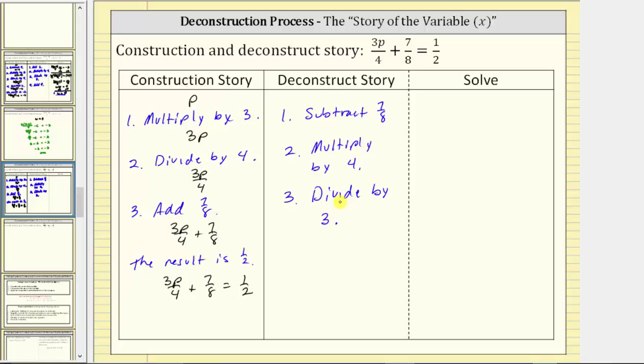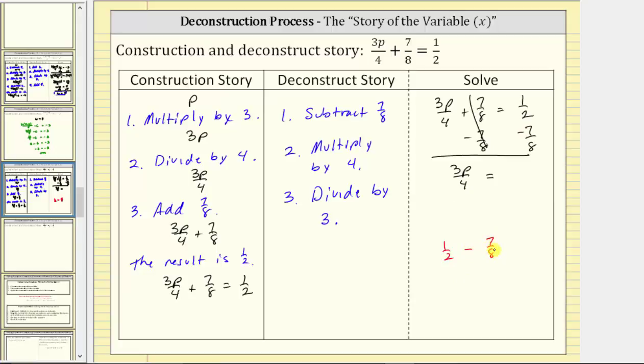Now we will perform these 3 steps on the given equation to solve the equation for p. Beginning with the given equation, step 1, we subtract 7/8 on both sides of the equation. Simplifying on the left side, plus 7/8 minus 7/8 simplifies to 0. We now have 3p divided by 4 equals, let's go ahead and find this difference down here. We have 1/2